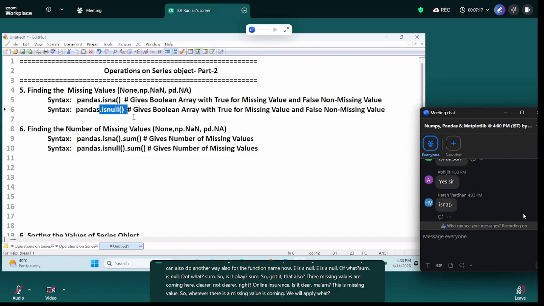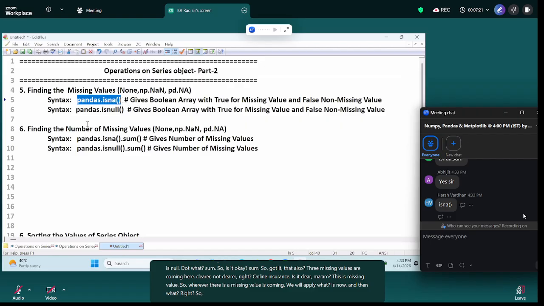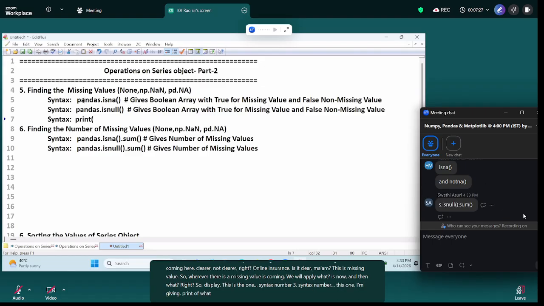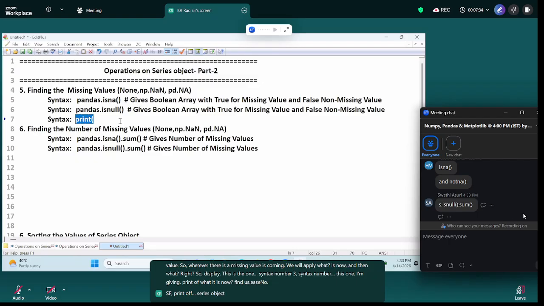Is now. And then what? Right. So to display, this is the one. Syntax number 3. Syntax number, this one I am giving. Print of, what is this now? Pandas dot is now. S of print of series object of,